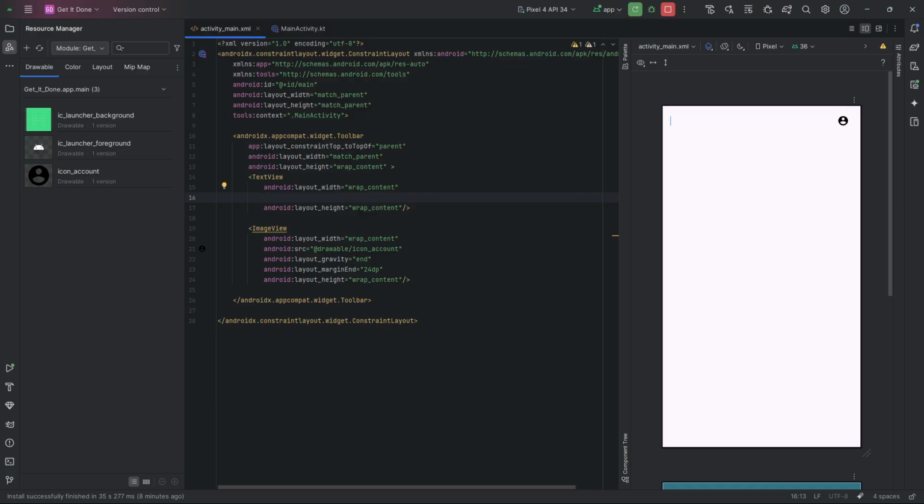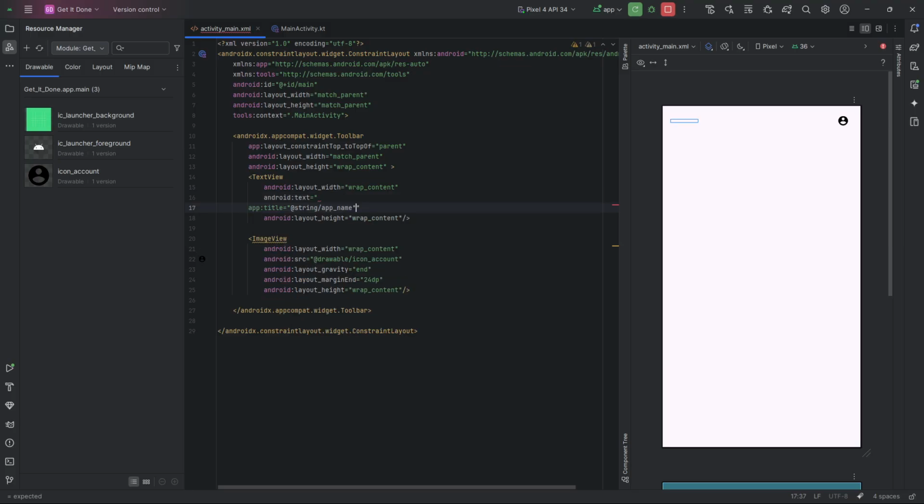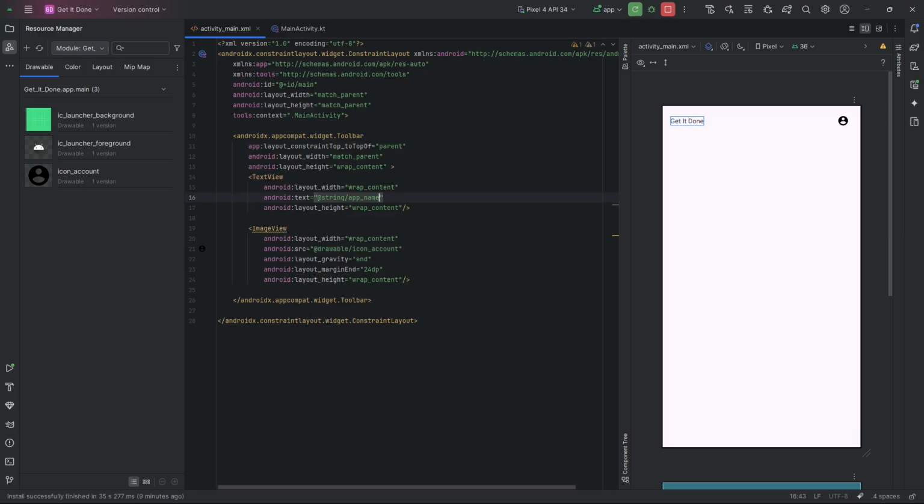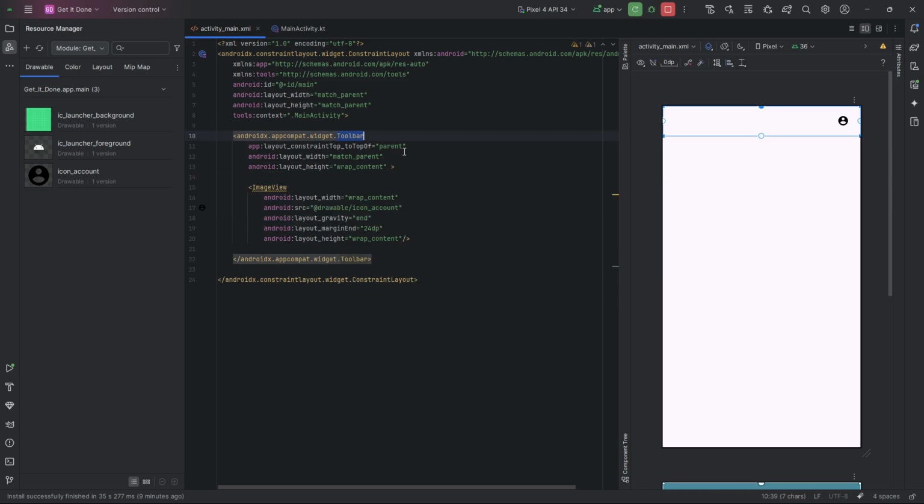Or we could simply switch to the material toolbar. So material toolbar, you can see there. And this gives us a few extra attributes. So now I can go back to putting the title in, title app name, and now there's a title centered attribute very usefully. And if we set that to true, well, that jumps to the center. Okay, so using the material toolbar and optionally using either the title attribute or putting our own custom text view in,